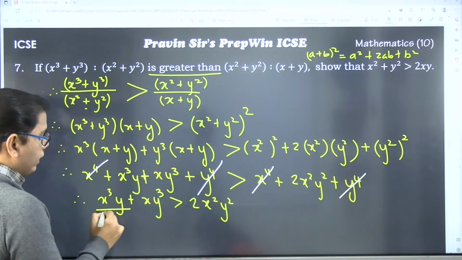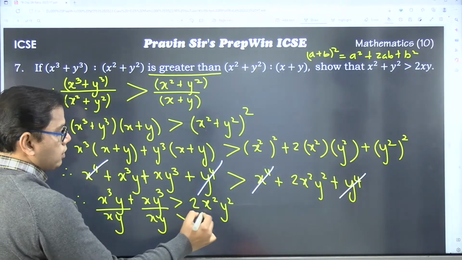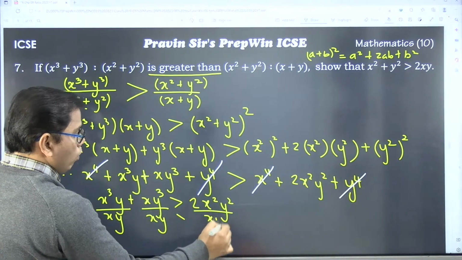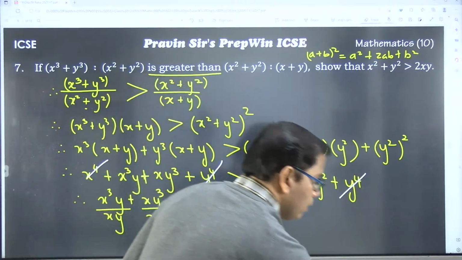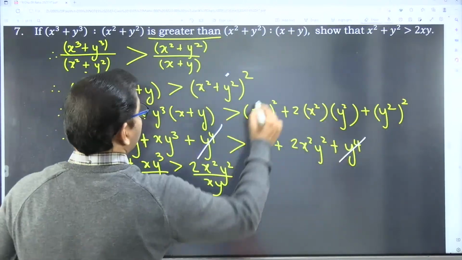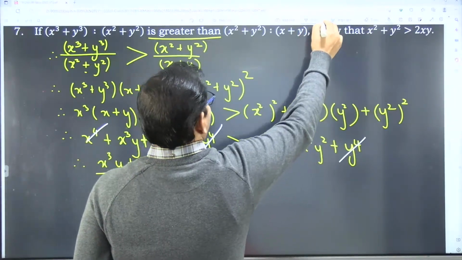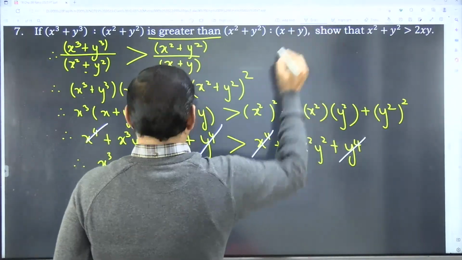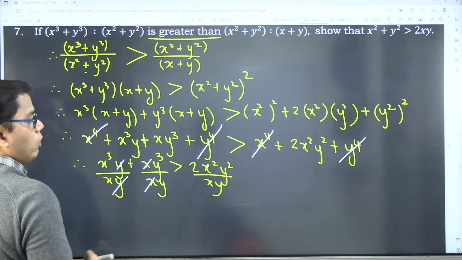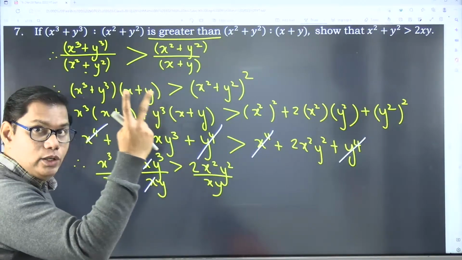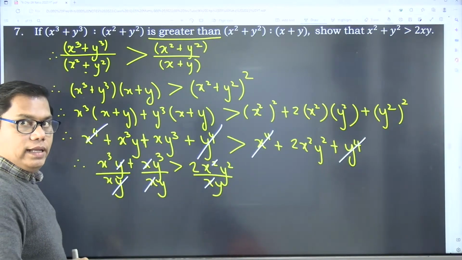Okay, if I divide each term by xy, what am I left with? क्या मिलेगा मुझे? Do I get my answer? Let us check. तो यहाँ पर क्या होगा? This y and y got cancelled. Here x and x got cancelled. x square means there are 2 x's. Denominator में एक x है, तो numerator में एक x बचेगा.